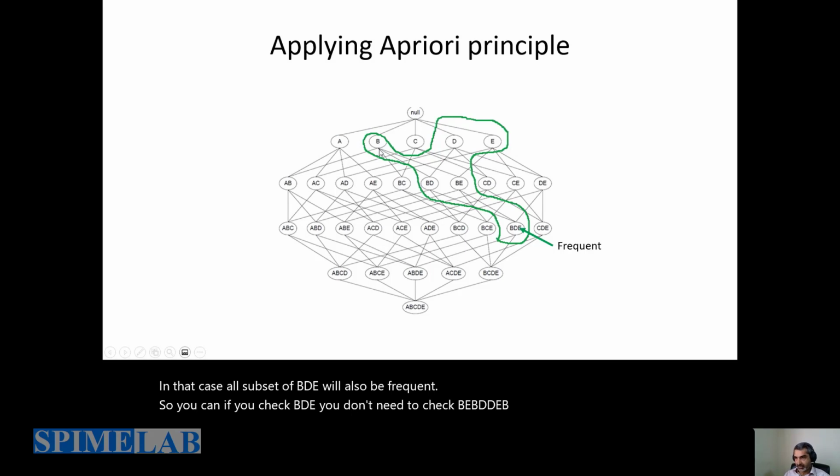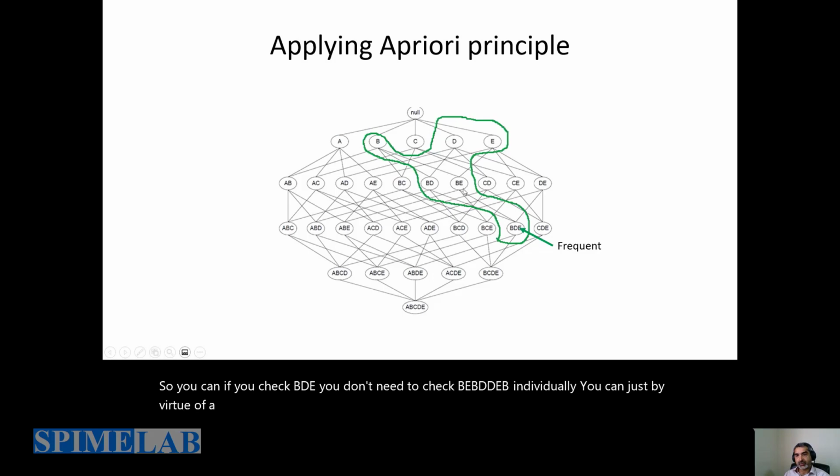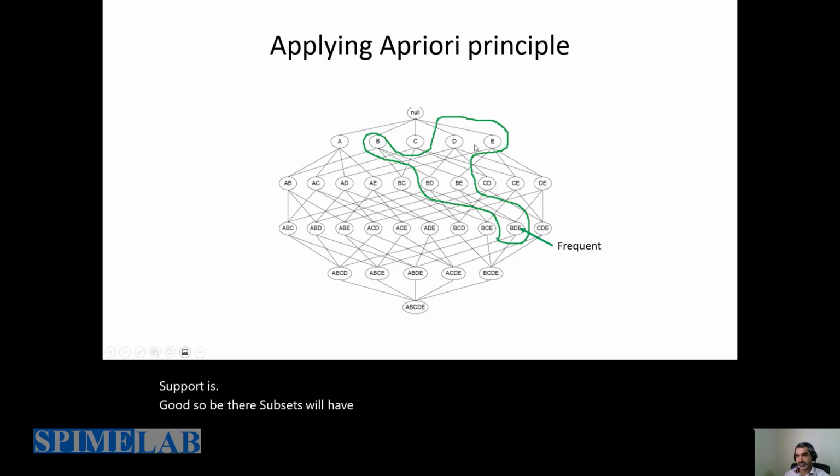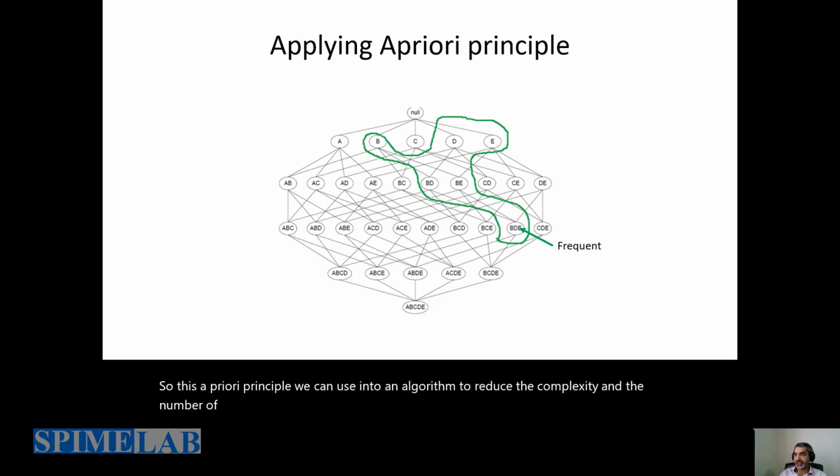By virtue of the a priori principle, you will know that BDE's support is good, so their subsets will have better support. So we can use this a priori principle in an algorithm to reduce the complexity and the number of operations we are required to perform to extract